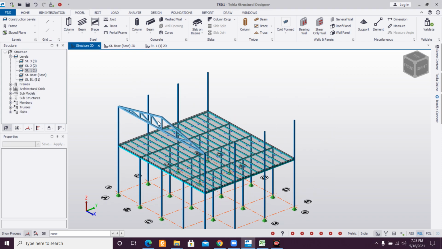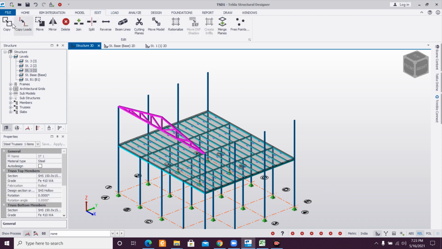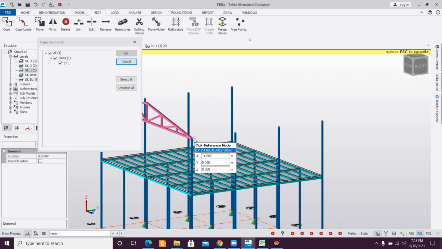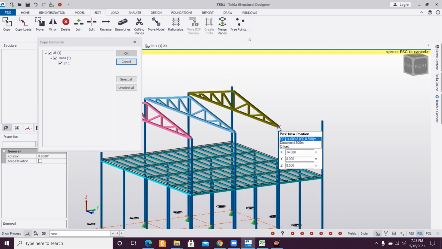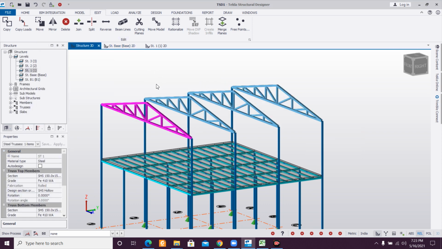After the truss has been made, we'll just select this, and we'll go to the edit option and then copy, and then we can rotate the model properly and take the reference point of this and copy this to these points. And after that we can use some beams here.